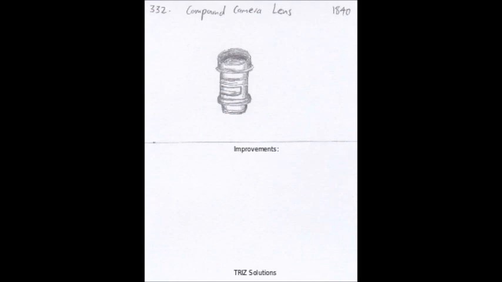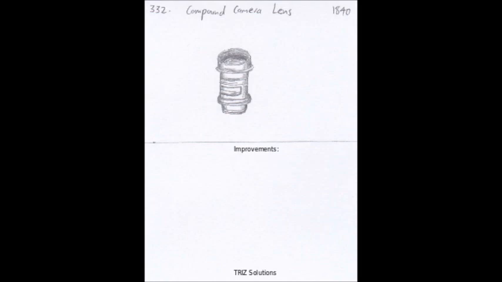These lenses suffered from spherical and chromatic aberrations, which caused blurring, distortion, and color fringing in the resulting images. The compound lens used multiple lens elements, each with a different shape and refractive index, to correct for these aberrations and produce sharper, clearer images. Since its invention, the compound lens has been further improved upon with new materials and designs, resulting in even better optical performance. Modern high-end camera lenses use sophisticated compound designs with multiple elements, often coated with special materials to reduce